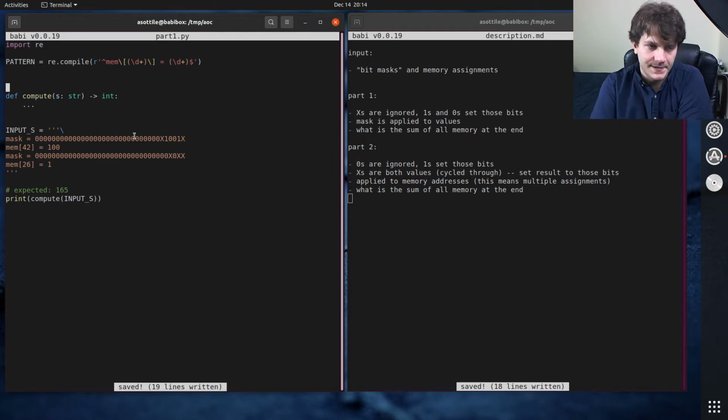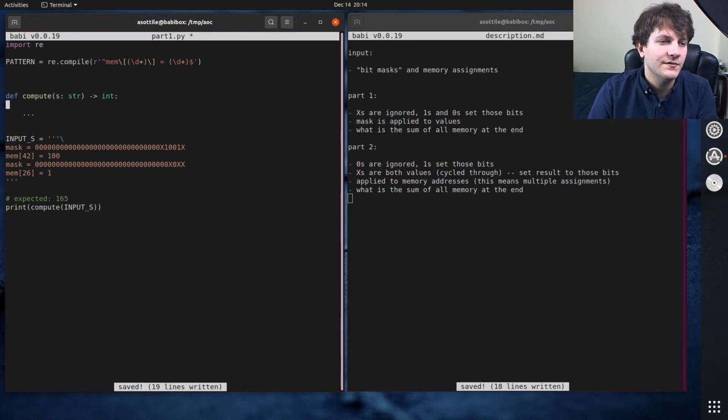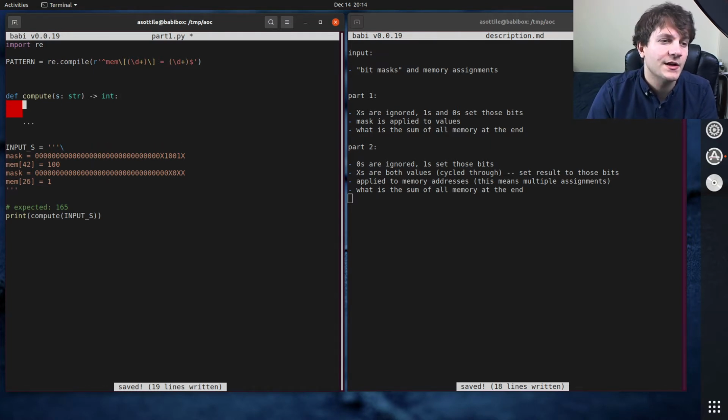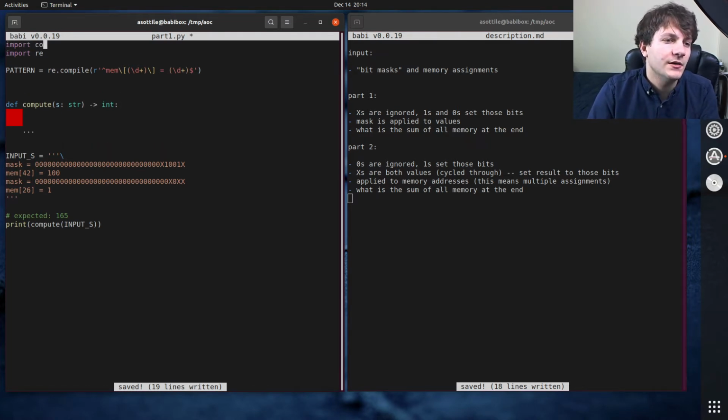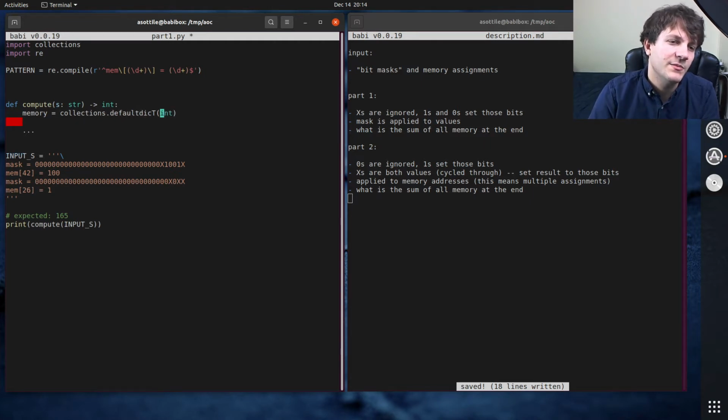Okay, so how do we solve this? We're gonna have two different masks. Oh, we also need to set our memory. So our memory here is going to be a default dict. Memory equals collections.defaultdict, int. And I'm using this so that when I assign into it, I don't care whether the slots